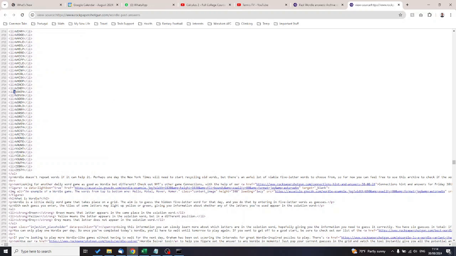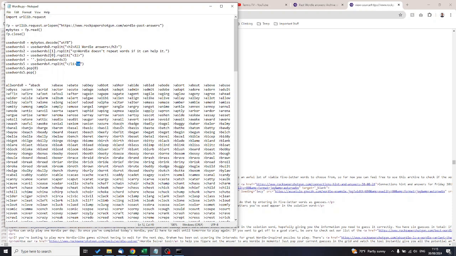So if you look at these two words, woken and woman, they're on separate lines. Okay, so whenever you jump to a new line, there's a hidden \n that you don't see in the code, but when Python reads it in, you will see it. So we want to get rid of that as well. So we split it on not only the /li tag, but the \n tag, and that will get rid of